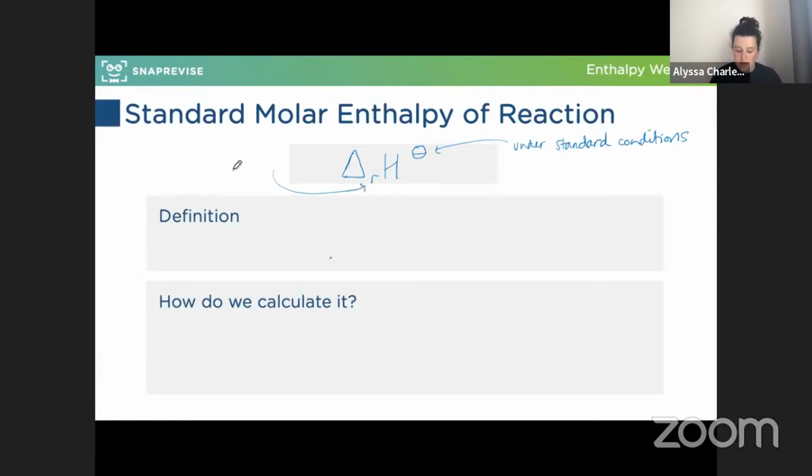Let's just put that in. Reaction. So it's the enthalpy change when a reaction occurs